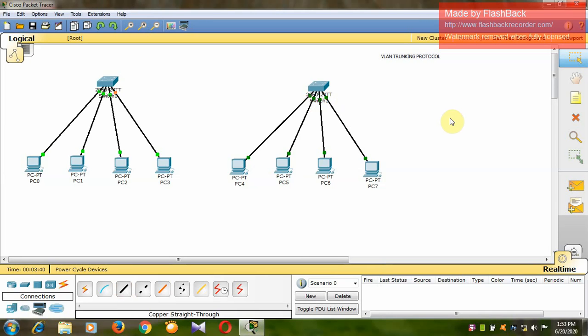So I have taken two switches and some of the end devices as PCs. Let us assume some IP addresses here.